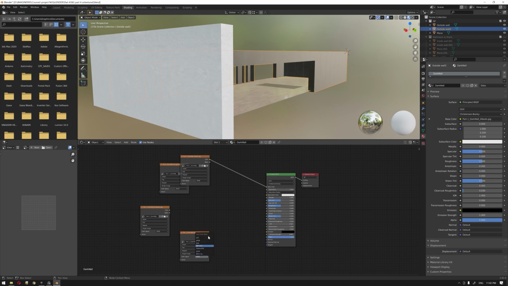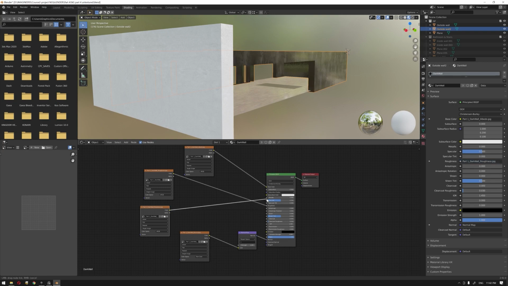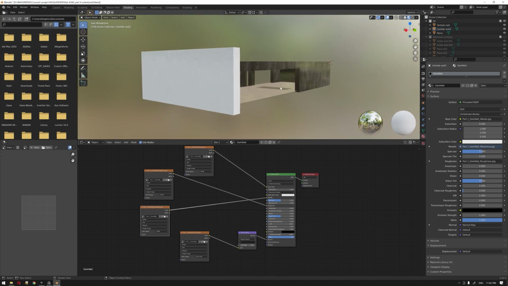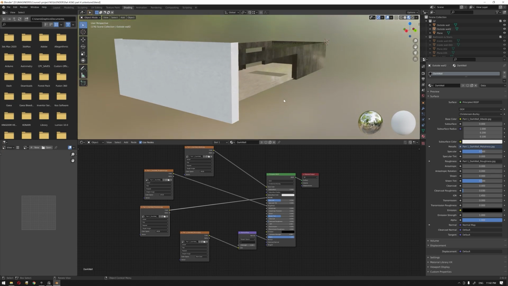Let's convert this to non-color and to the normal. Let's add normal map. Again, let's increase the strength a little bit. Connect the roughness and also the metalness. Alright, so now we have also our wall connected, all the textures are ready, and now we're gonna continue with